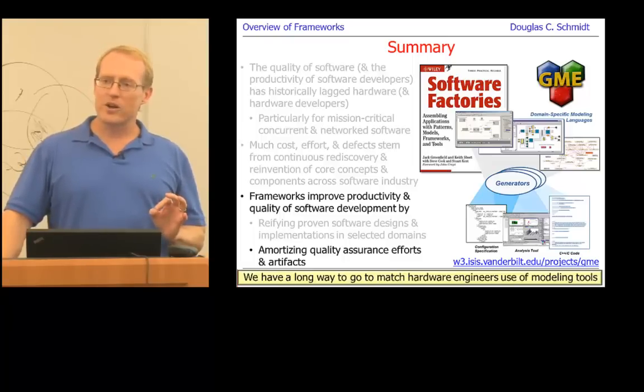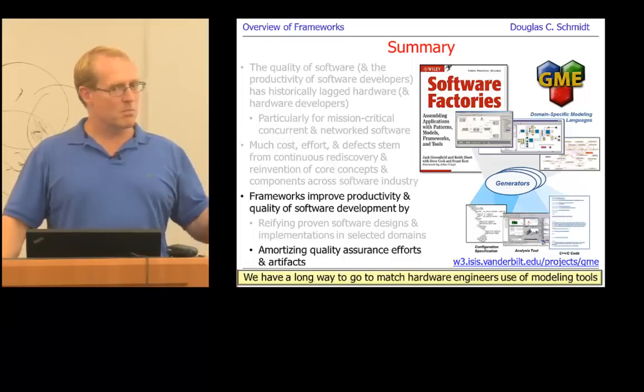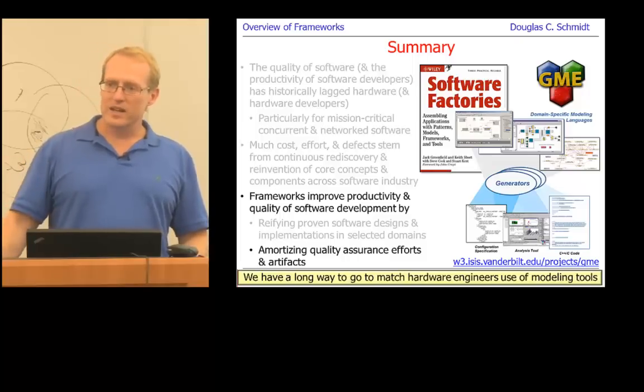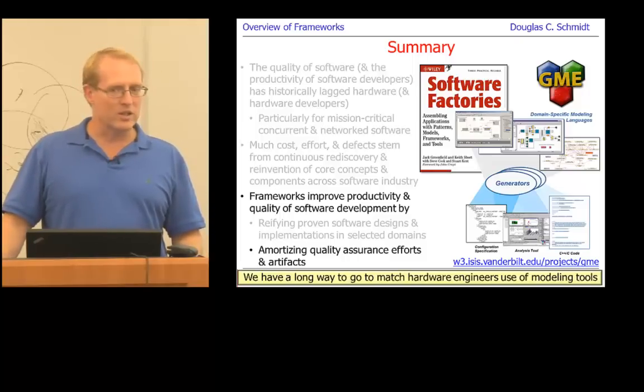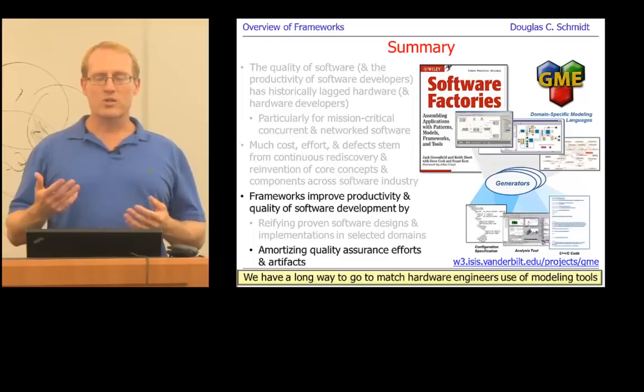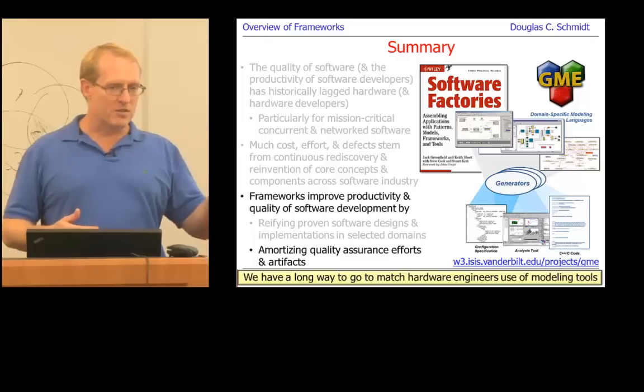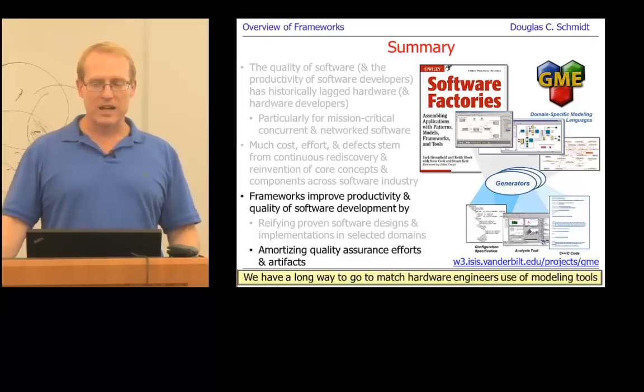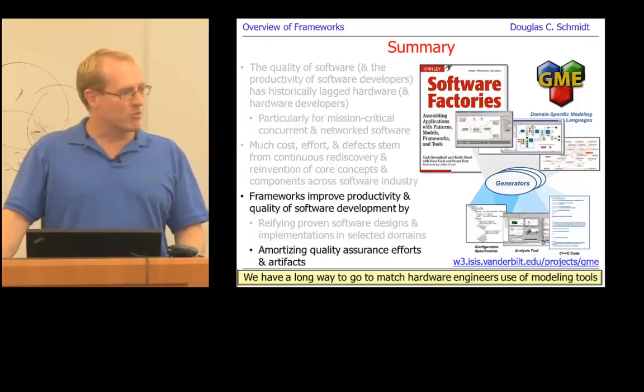There's a lot of cool stuff going on here at Vanderbilt along these lines, model-based techniques. We have a course, CS 388, that you might want to look into. It's about model integrated computing, gives you one way to do that kind of stuff. We're also using those kinds of tools, domain-specific modeling tools, domain-specific modeling languages, on a variety of interesting research projects,